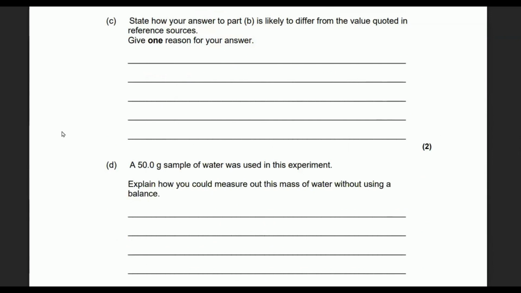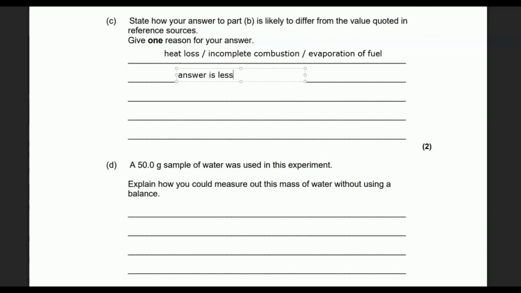State how your answer to part B is likely to differ from the value quoted in the reference sources. Give one reason for your answer. So how is it likely to differ? Well, we're likely to have heat loss, or we can say incomplete combustion. Or we can say evaporation. Remember, it's an alcohol, they've told us that. So it's highly volatile. So you're going to get evaporation of fuel, which means you don't burn all the grams of fuel, which means you don't get such a big temperature change, which means